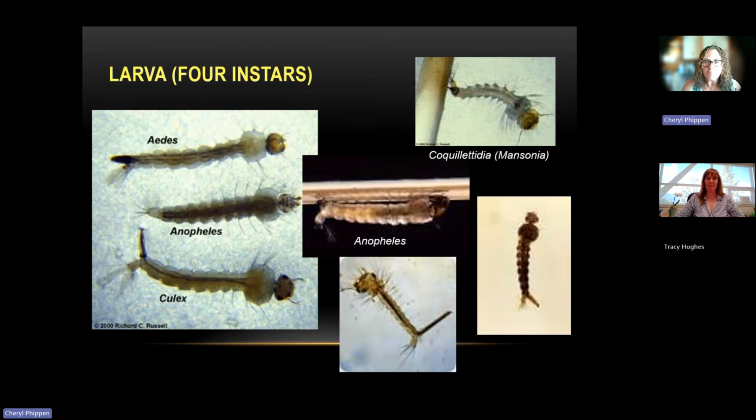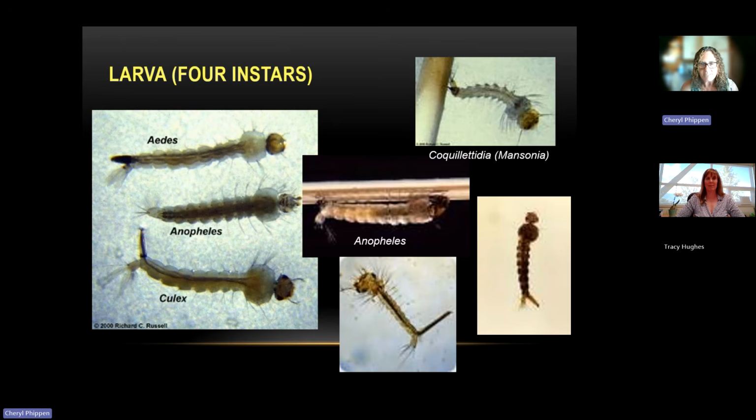Eggs hatch, and out comes the larvae, like the caterpillar stage of a moth. The larval stage of mosquitoes is always in standing water, and this is an important thing to note. They're not in moist or spongy grass in the backyard. They can't develop in that. They can't develop in your hay field unless there's actually water for them to swim. And it doesn't need to be a lot of water. It could be as small as a cattle hoof print, but they do actually need to be able to swim.